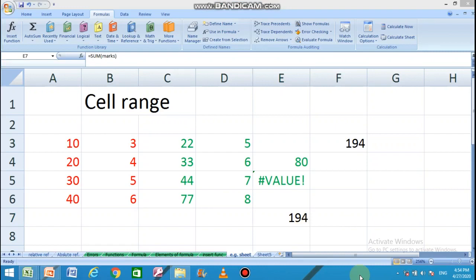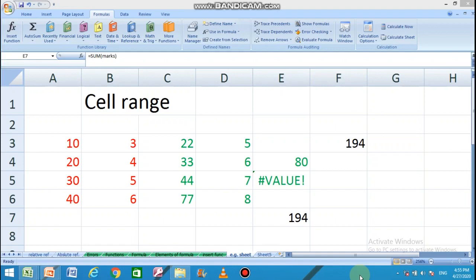Some points you should remember, students, that the range names are not case sensitive. Means if you write them in upper or lower letters, they are not matched with their cases. The marks written with capital M is same as marks written with small m. The first character must be a letter in a cell range name, or it can be an underscore or a backslash.